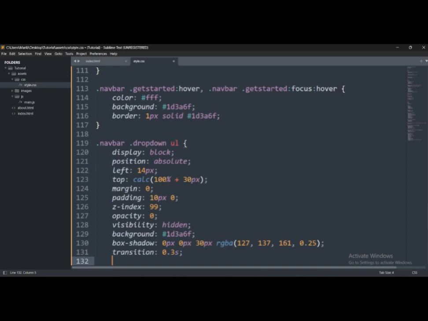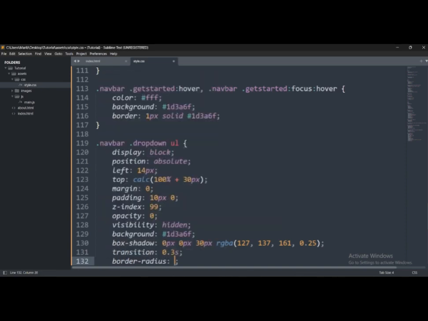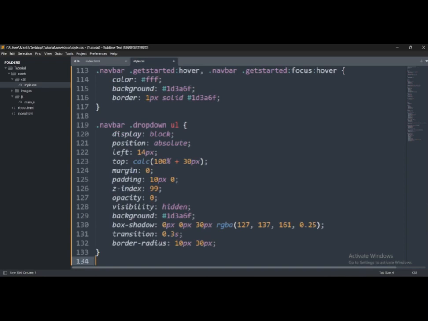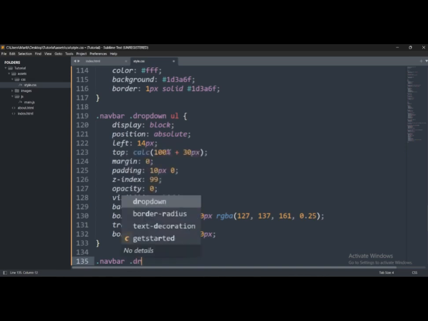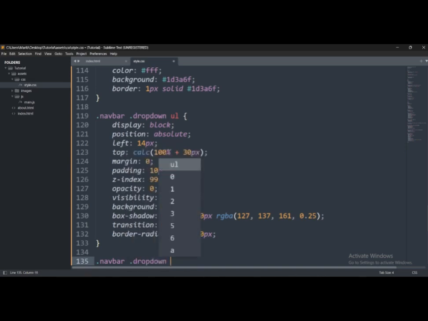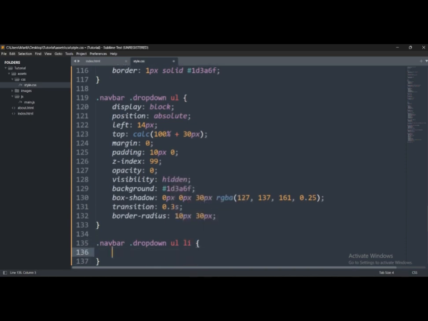I want it to be a fast transition. And then I want the border radius to be 10 pixels by 30 pixels. We could make it different or whatever we want, but let's just test this first. But before we go test it in our browser, I'm just going to add the NavBar and the drop down. I want to address the li now, UI li, and then we say